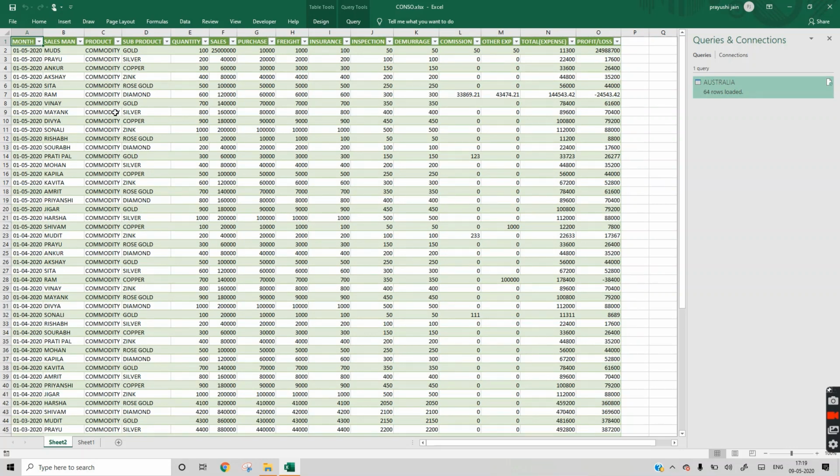So it has imported data from the Australian file. So we will change this to Australia. Okay.